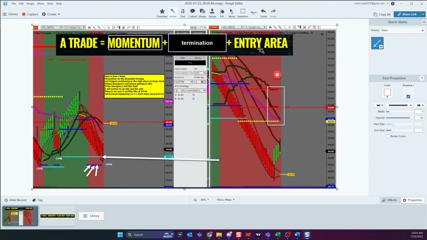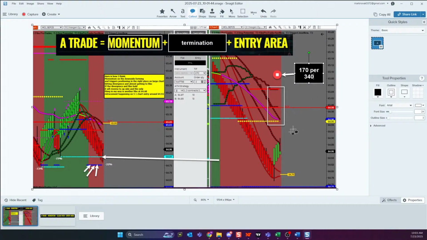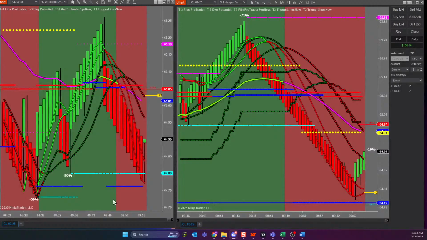All I did is go through it, right? Do I have momentum? Yeah. Is there anything in the way? Absolutely. If I choose to take an entry, what's my risk? $170 per contract. And if you're on a 2-lot, you're risking $340 to trade into an area that could stop the market. Only you can answer that question.